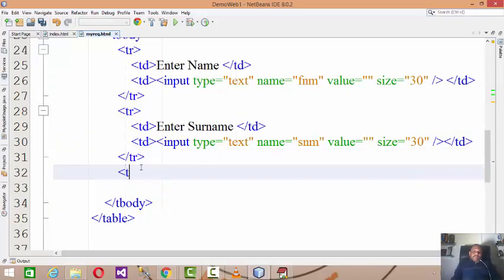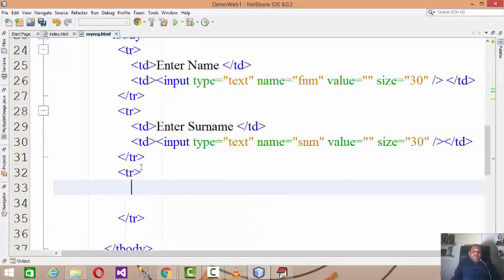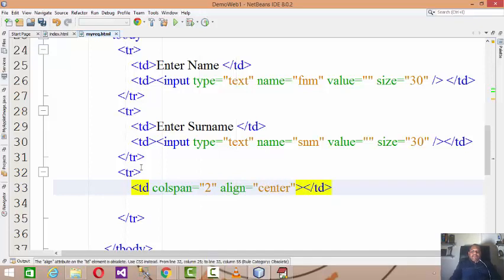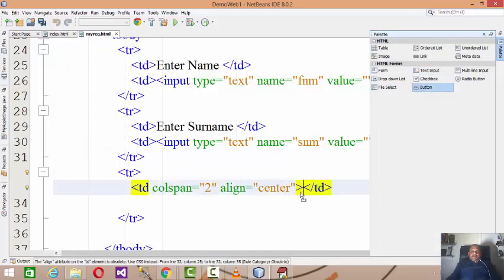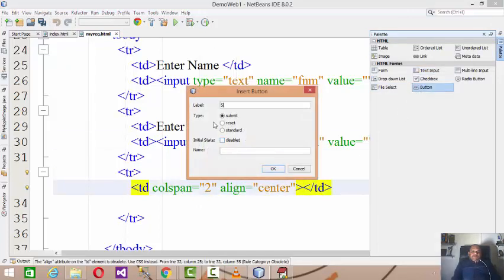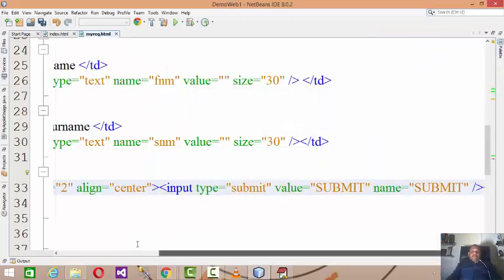So I'll be needing another table row and table data, but this time I'm having colspan 2 with align as center, because I am expecting a button over here. This button called the submit button reads the data and submits it to the server, right?